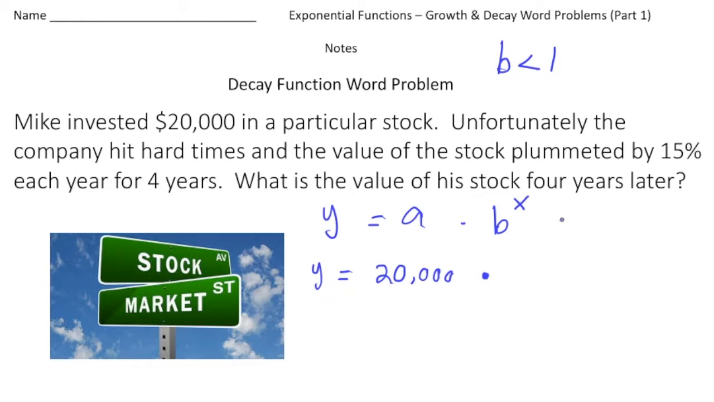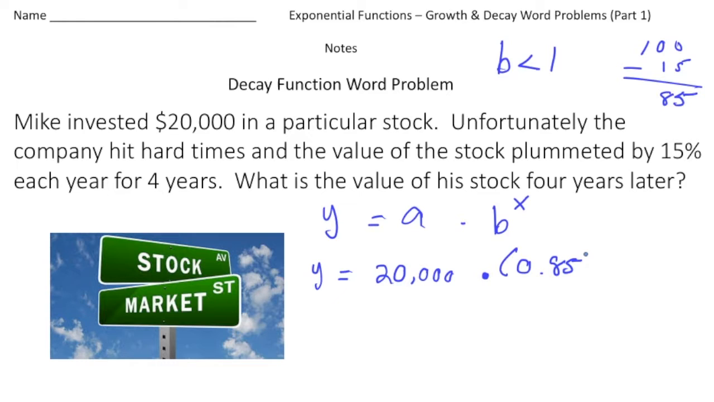All right, so we know that stock plummets by 15%. So that means only 85% of the value of the 20,000 is going to be there after 1 year. So if we do 100 minus 15, that gives us our 85. All right, and that's how you figure out the b value for decay. You take the 100%, which was the original, and you subtract the percentage that it's declining by. If it was a growth, you'd add it. So this is going to be times 0.85,